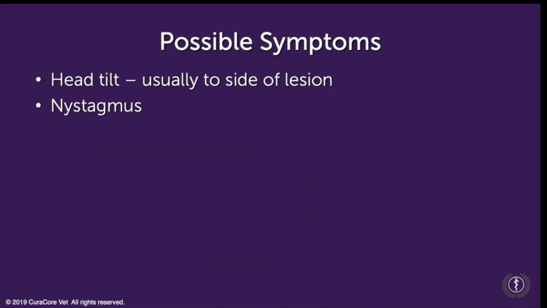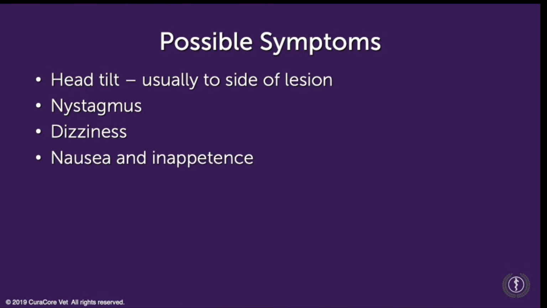They can have nystagmus, which is that abnormal eye movement, particularly with positional changes. Sometimes, though, depending on the lesion, nystagmus can be at rest. Dizziness can be prevalent, and it can be a little challenge to determine if a dog is actually dizzy, but often that's accompanied with some type of postural changes and ataxia. They can have some nausea and inappetence. And as I mentioned, they can have ataxia, and they will often fall to the side of the lesion. Typically, they're tilted a bit to the side of the lesion because they've lost that extensor tone that I mentioned earlier through the vestibulospinal tract.